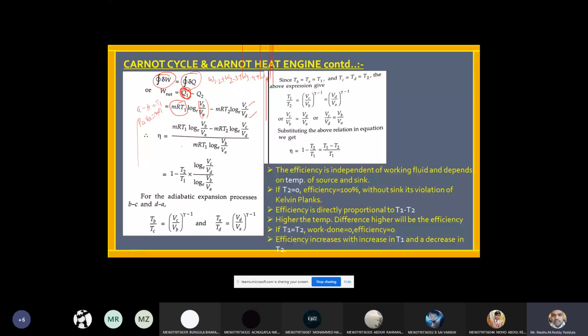Now, I can take MR common from the numerator and denominator. Therefore, you are left with 1 minus T2 by T1 into this logarithm value. Now, if you see, B to C and D to A are adiabatic processes. What is the governing equation for an adiabatic process? PV power gamma is equal to constant. If you apply this from B to C and D to A, if you apply between B to C, I can write